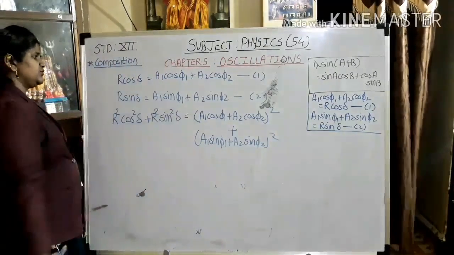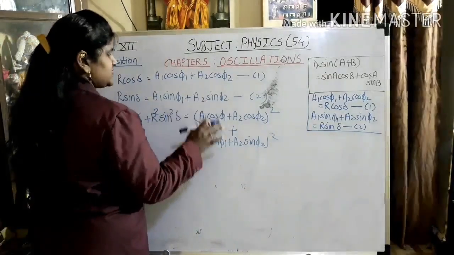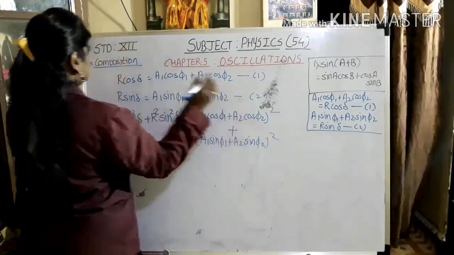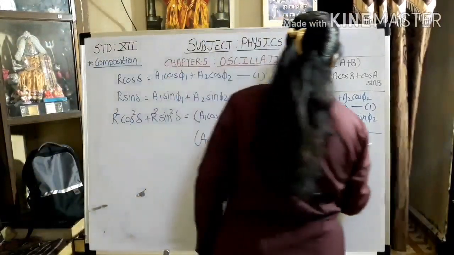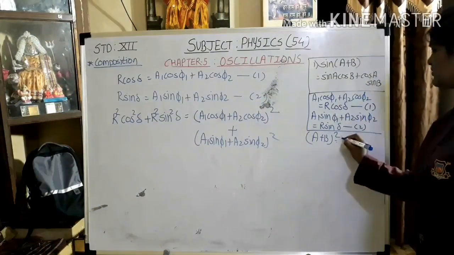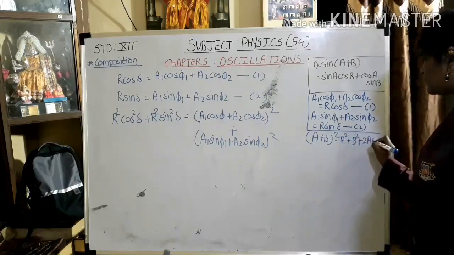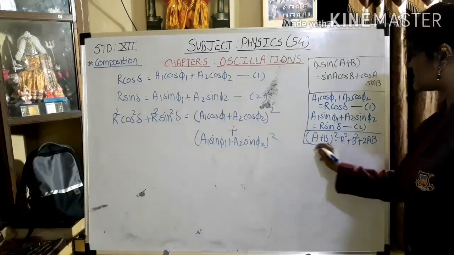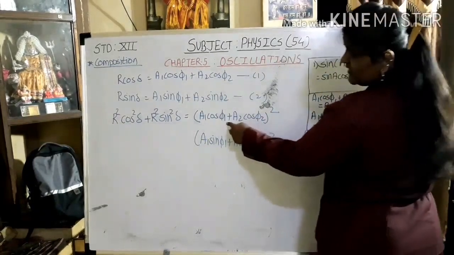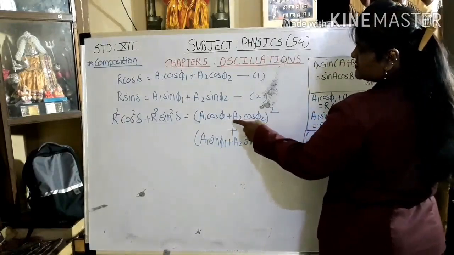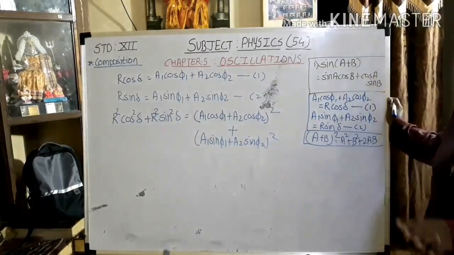So this we have to solve. Consider this as a and this as b. So what is the square of a plus b? What is a plus b bracket square? It is nothing but a square plus b square plus twice ab. Am I right? Yes. So we are going to use this formula over here. So a is nothing but a1 cos phi 1 and b is nothing but a2 cos phi 2. Even for the second bracket, we are going to apply the same.